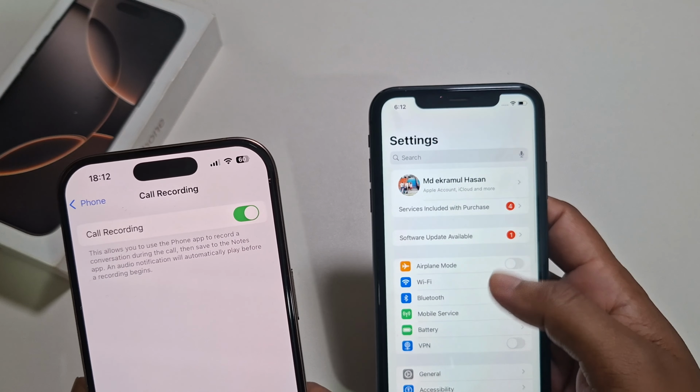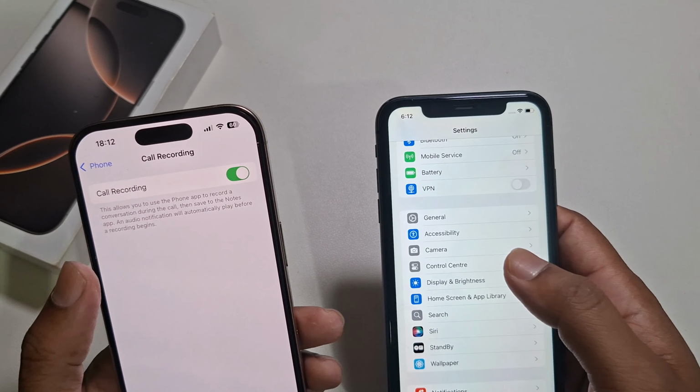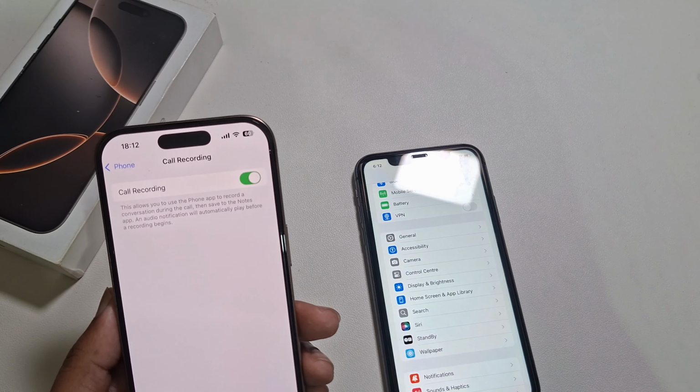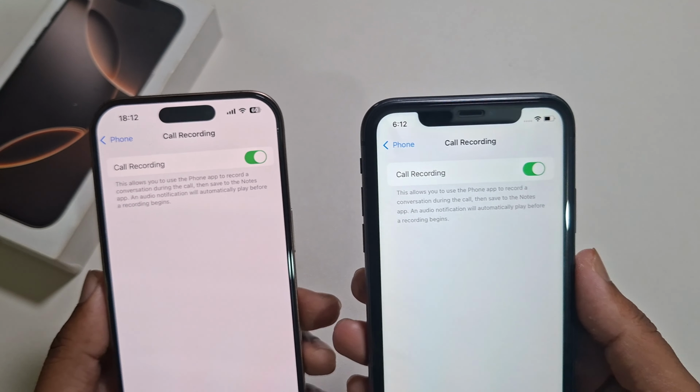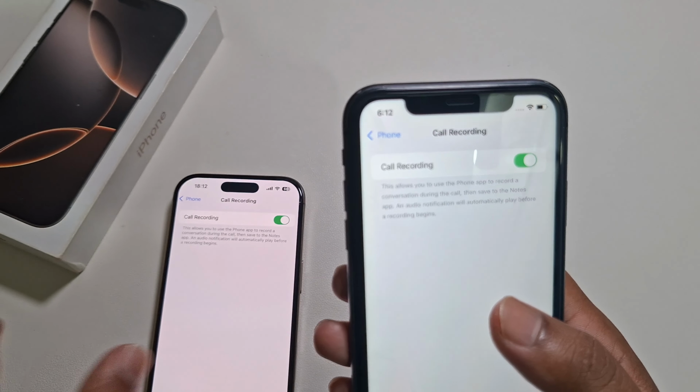And if you go to the iPhone 11, you can see no Apple Intelligence available here and no call recording option. So you just need an iPhone